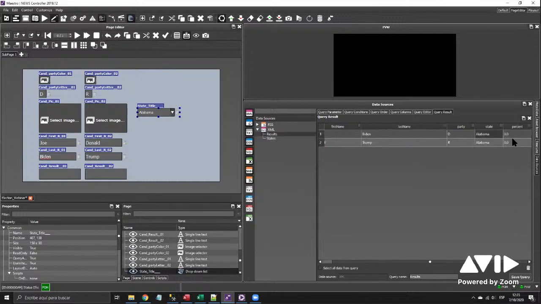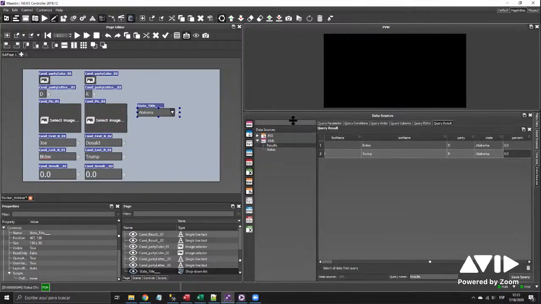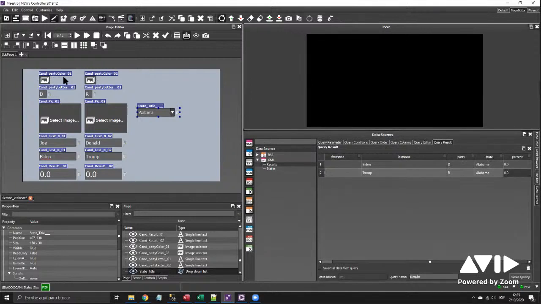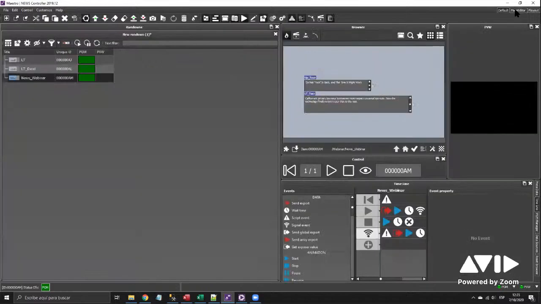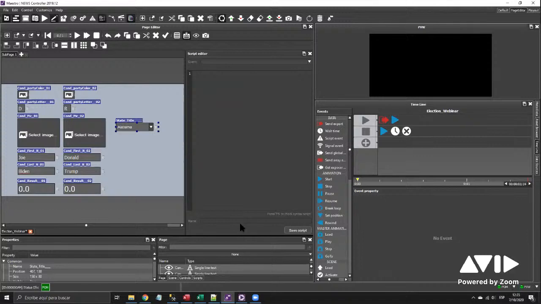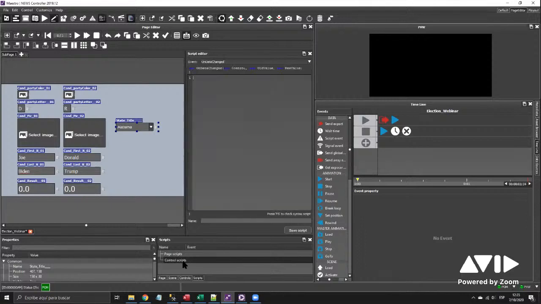And the percentage in here and in here. Now I need to create a quick script for the party color and the pictures. So let me just go back in here. I will create a page script. We already had a webinar on this, you can search it. I will go here to control script, and I will create a script that will select